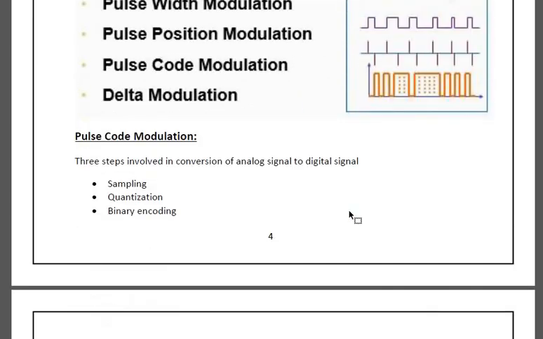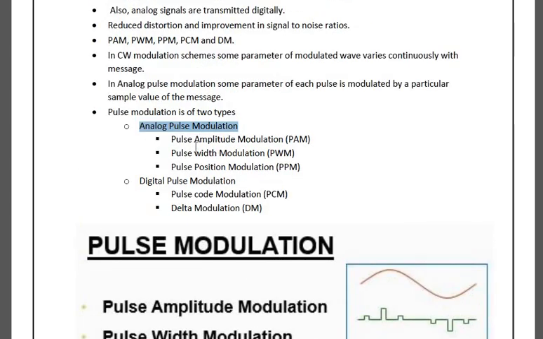Okay, so now see pulse code modulation. What you have done is pulse amplitude modulation, where the amplitude is varied, the pulse width is varied, and the pulse position is varied. Okay, go back to your pulse amplitude modulation over there. I'll share the link of that particular video here, so you can revise that one.